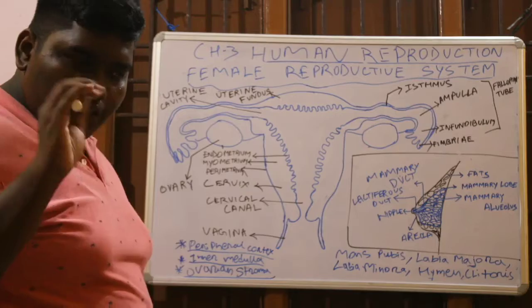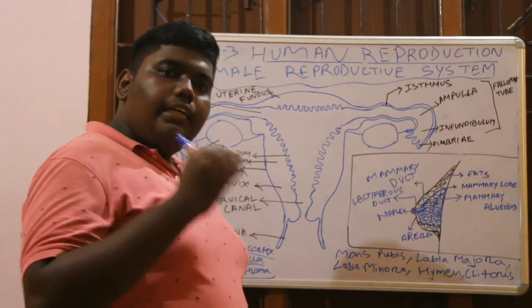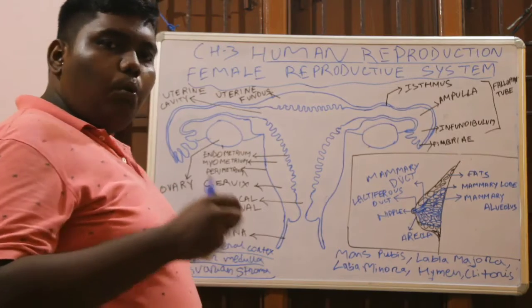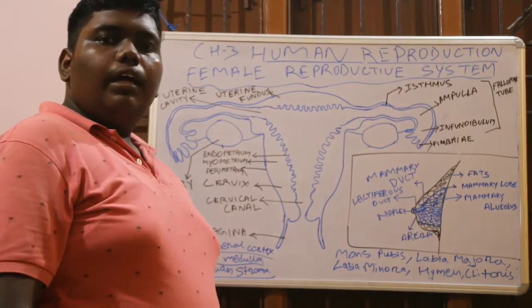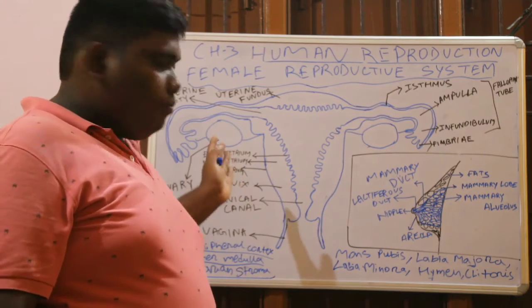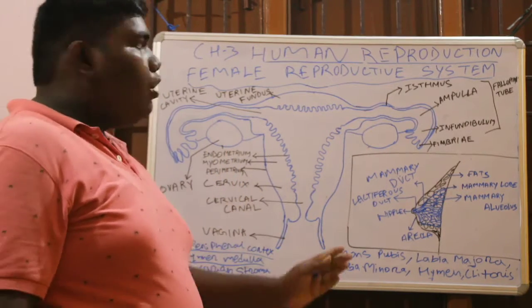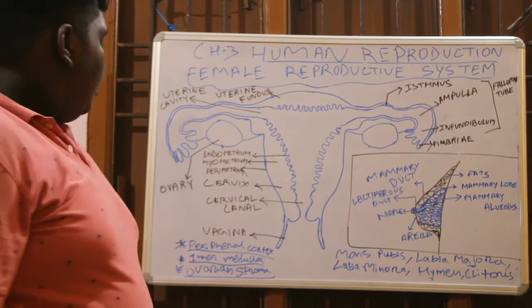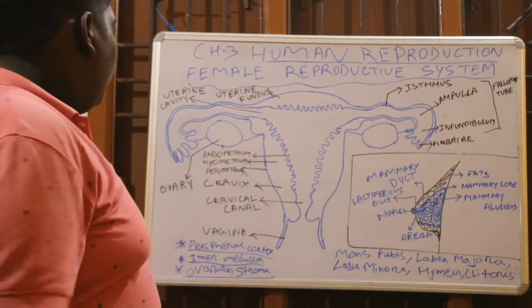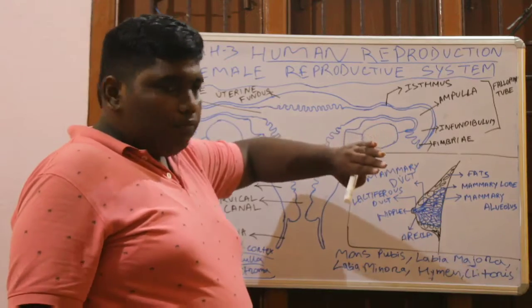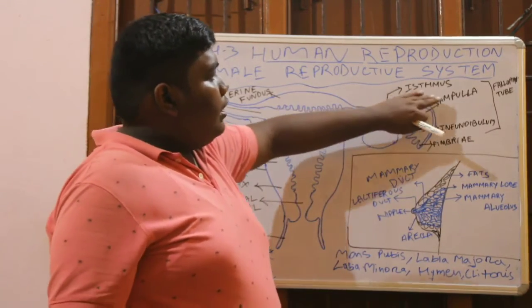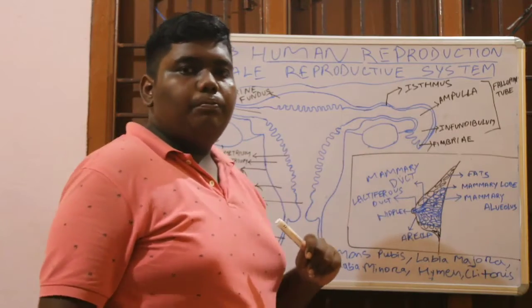The function of the ovary is that it produces the female gamete, which is called the ovum, and helps it get released and move into the female reproductive system and the fallopian tube in every menstrual cycle. Now we will come to the fallopian tube. What we know is that there are three parts of the fallopian tube.